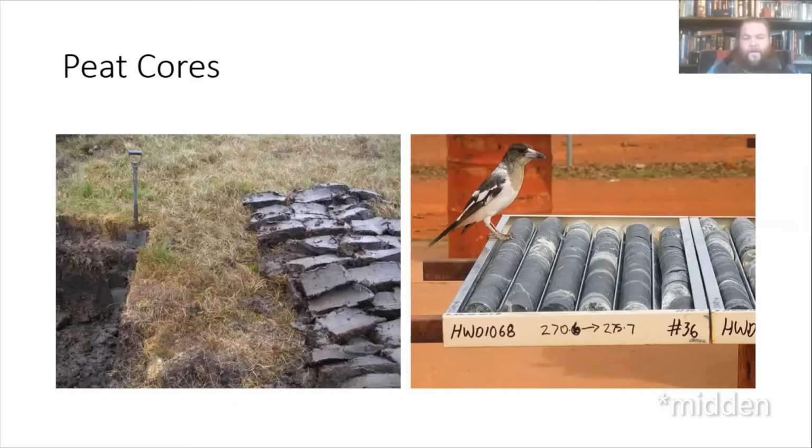Because things from those years get trapped in it, we can take a core, which you can see on the right, of the peat, and then look at the different layers and see what the pollen was like, what the chemistry was like, what sort of critters are in there, and that'll give us some sense of the ecosystem when that layer of peat